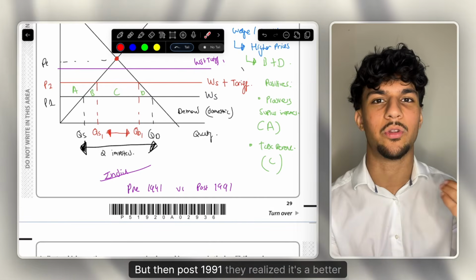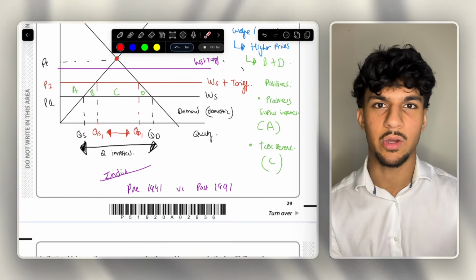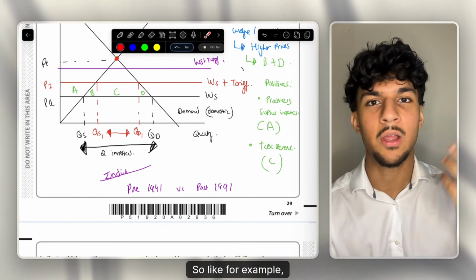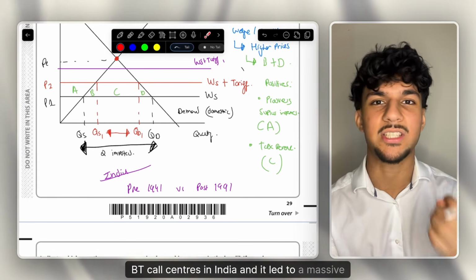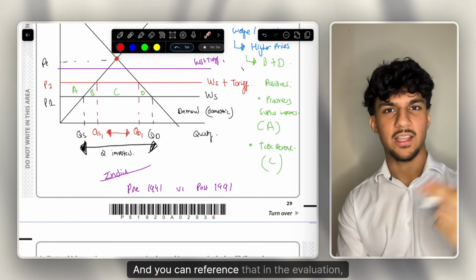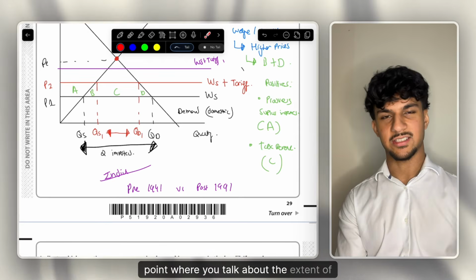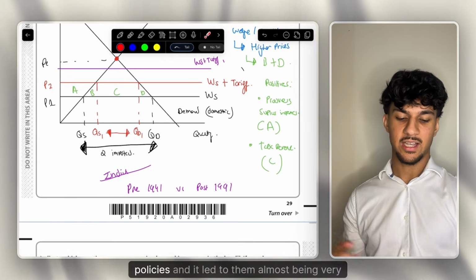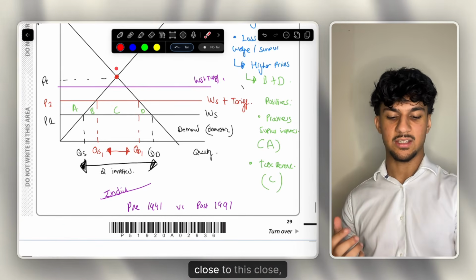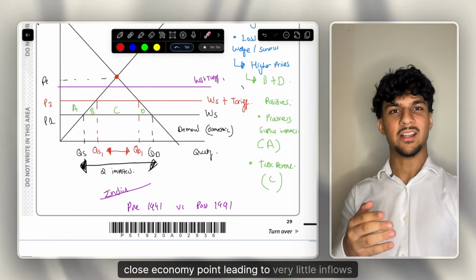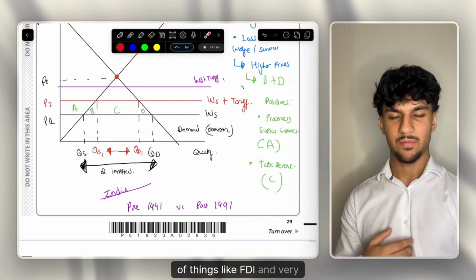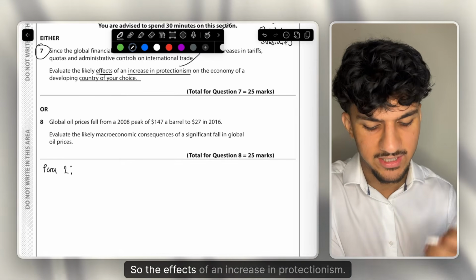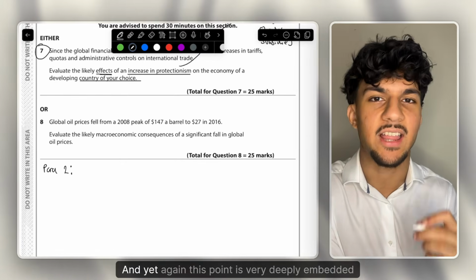But then post-1991, they realised it's a better strategy. Let's trade with our global partners. Allow global partners to use India, for example BT call centres in India, and it led to a massive surge in India's GDP. And you can reference that in the evaluation point when you talk about the extent of protectionism. India in 1991, where they had very high protectionist policies, led to them being very close to this closed economy point, leading to very little inflows of things like FDI and almost global isolation. Moving on to the second paragraph, so the effects of an increase in protectionism, and yet again this point